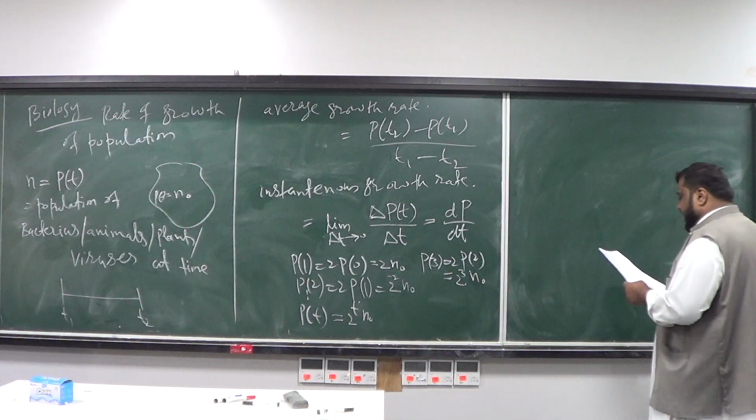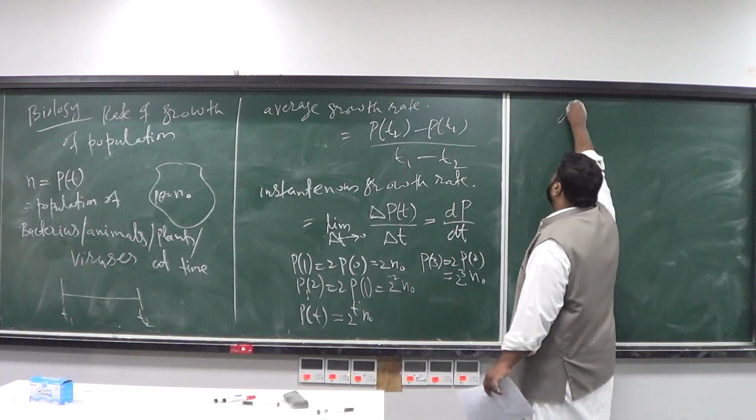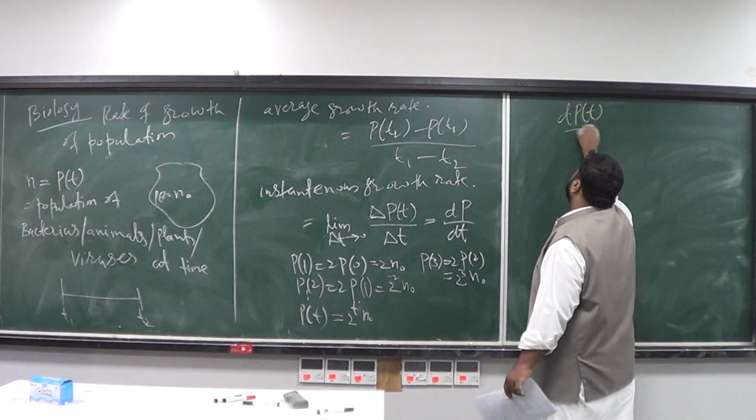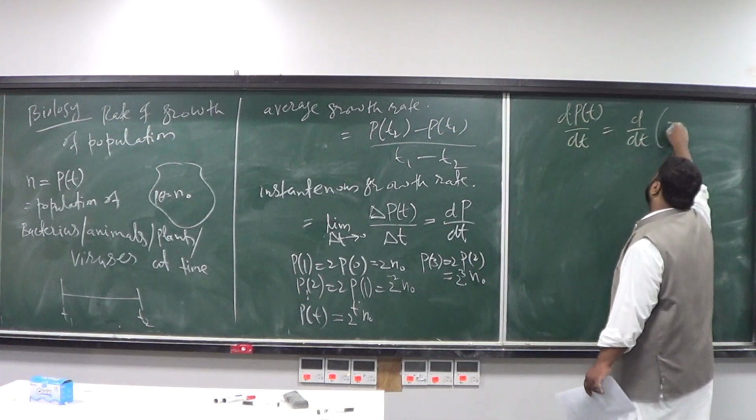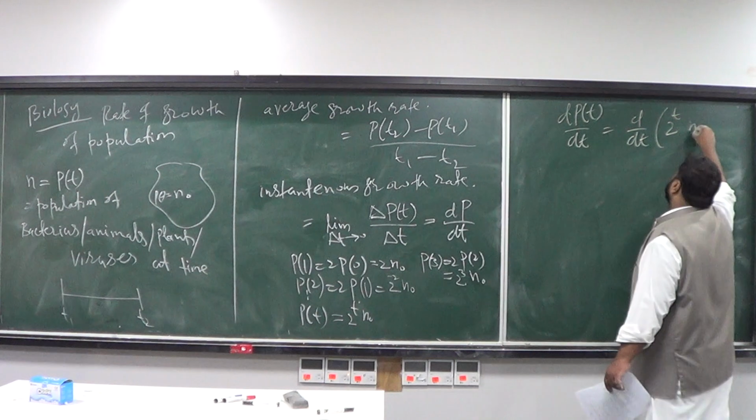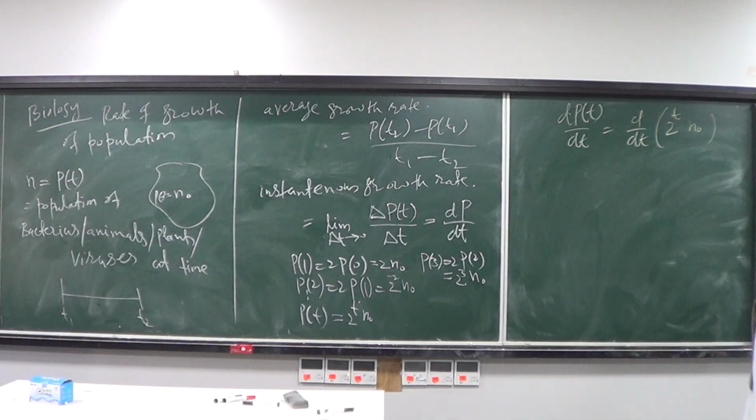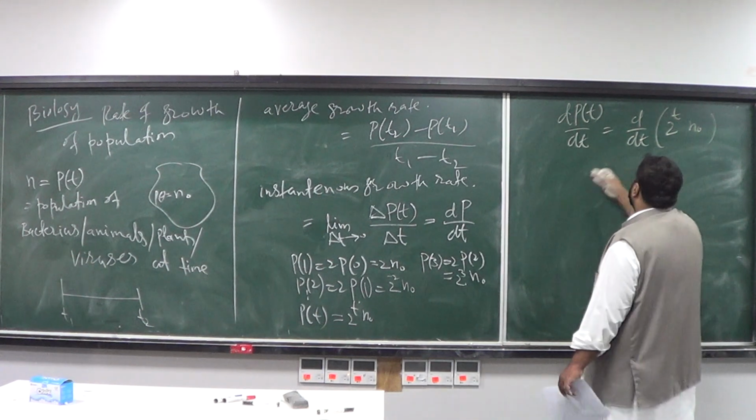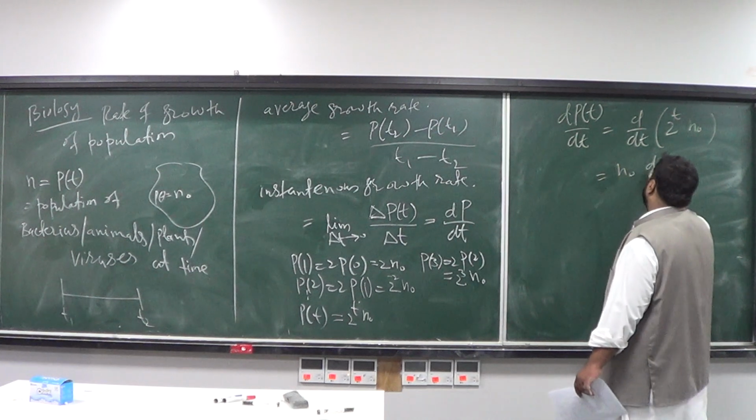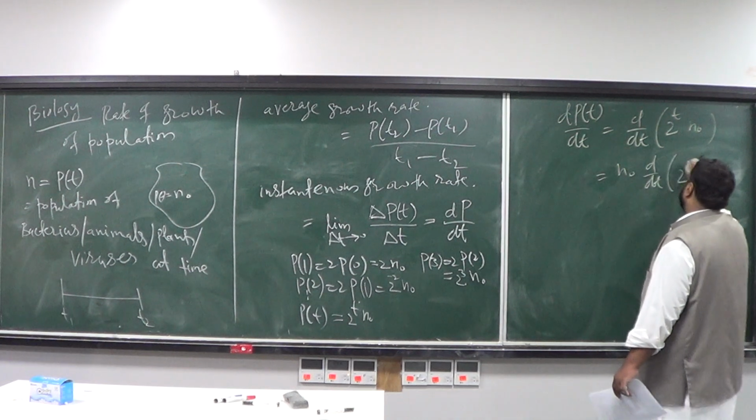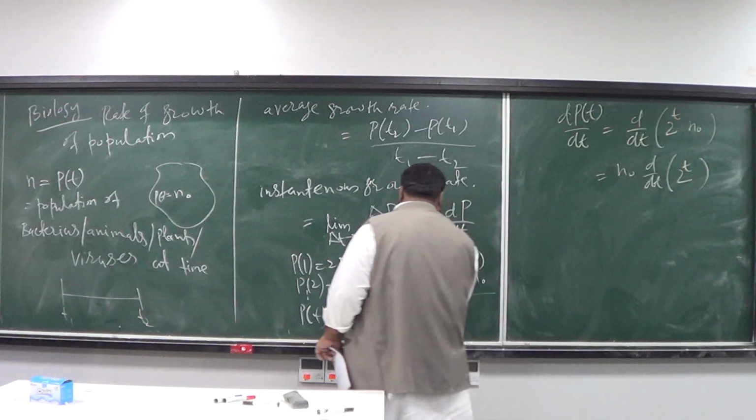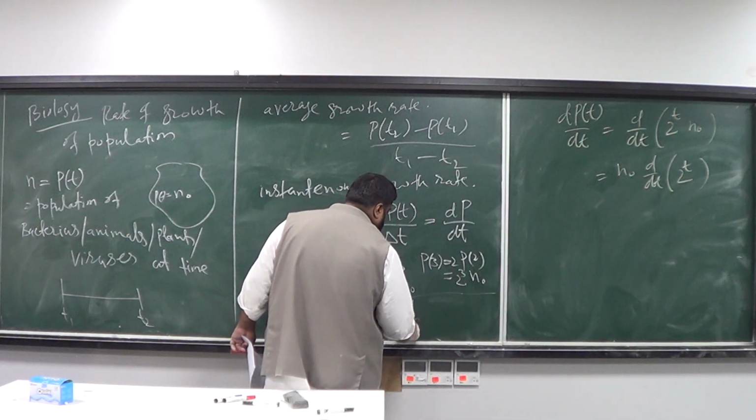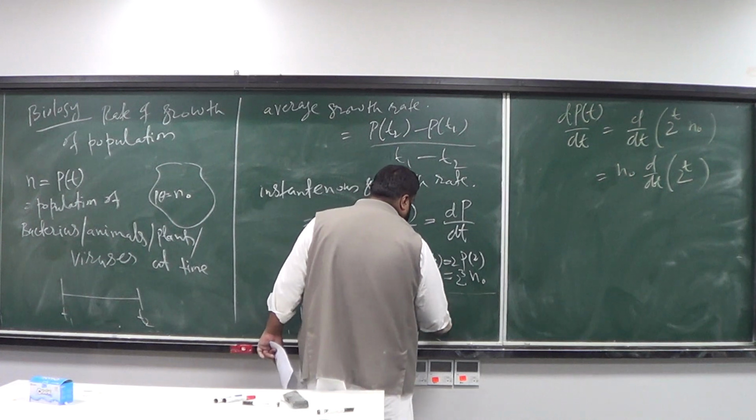For doing it, you need to compute the derivative of P of t with respect to t. So it's going to be the derivative with respect to t of 2 raised to t times n naught. n naught is a constant, so you can pull it out, and what remains is 2 raised to t. And then we know the formula that if you have the derivative with respect to x of a to the x, it's going to be a